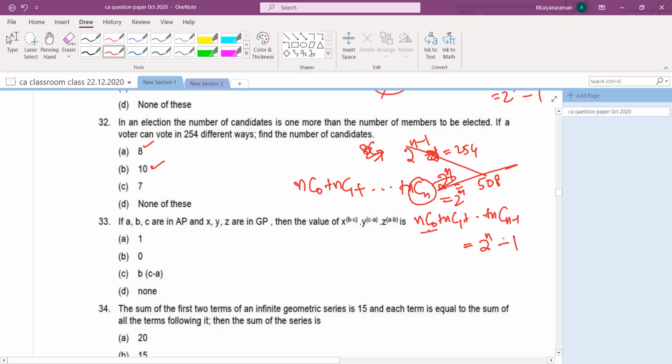So this is another one. So NC1. So 2 power... so this is equal to... I think we are still getting the same. 2 power n minus 2. It may not.